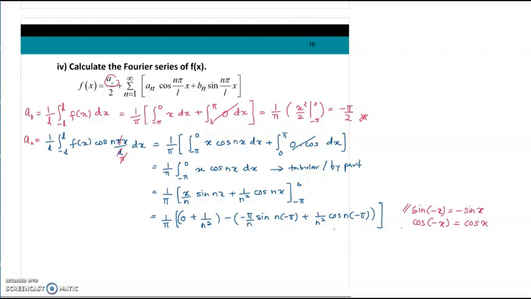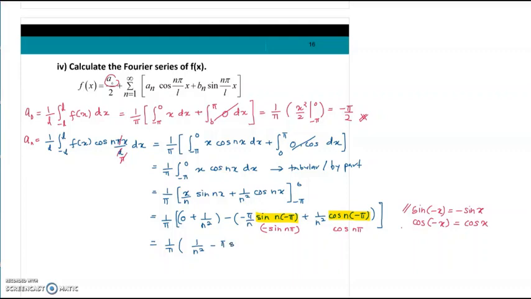So what it means by that property is that sine of negative n pi can be written as negative sine n pi, and this one as well. So we can write that part to be negative sine n pi. And the cos part will be equal to cos n pi. Okay, so what we have then equals 1 over pi. So in the bracket, we have 1 over n squared, minus